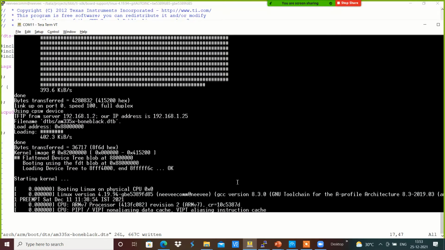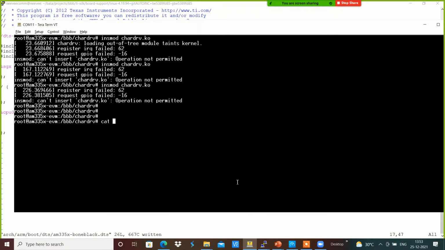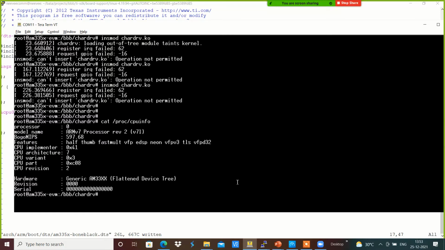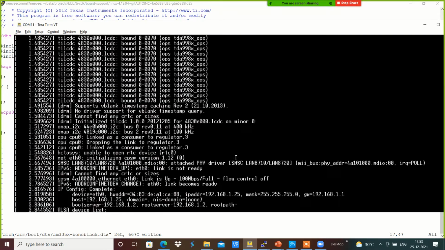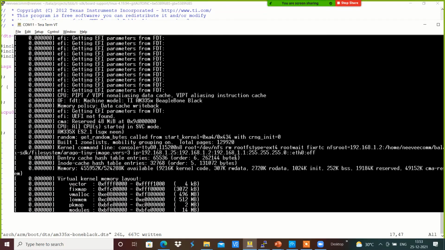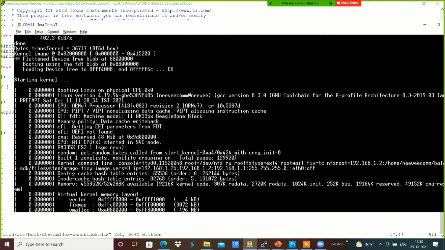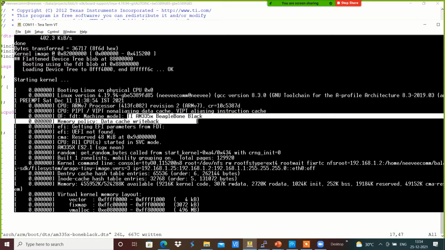Before that, we can check cat /proc/cpuinfo, which has the processor information. While booting up, from the machine model we will get TI AM335x BeagleBone Black.